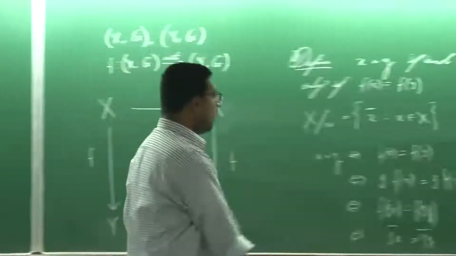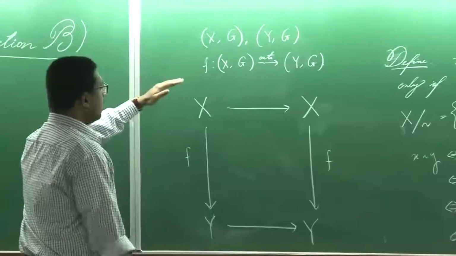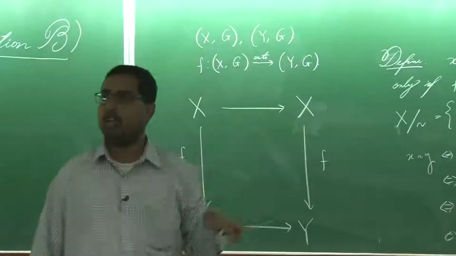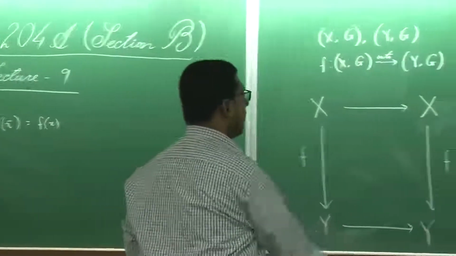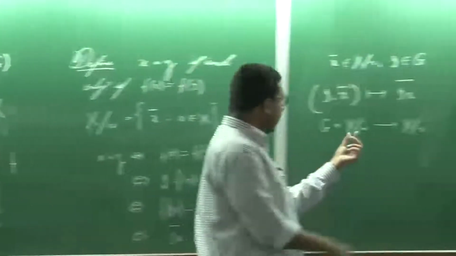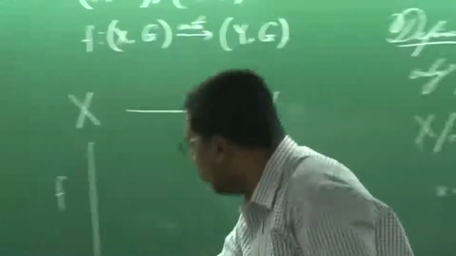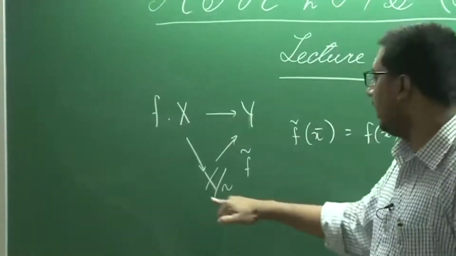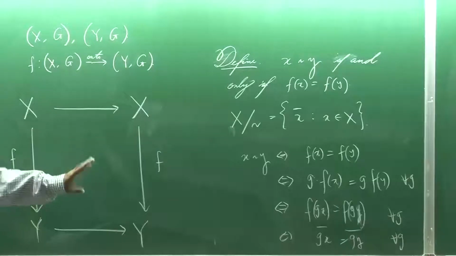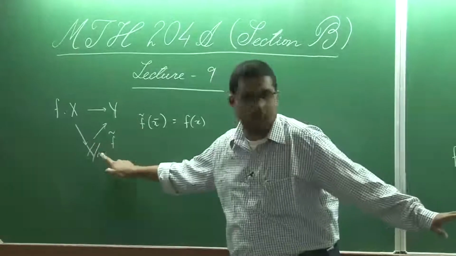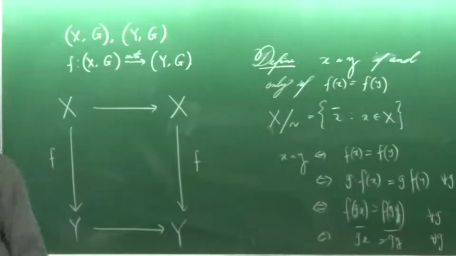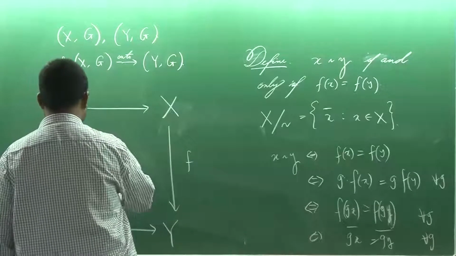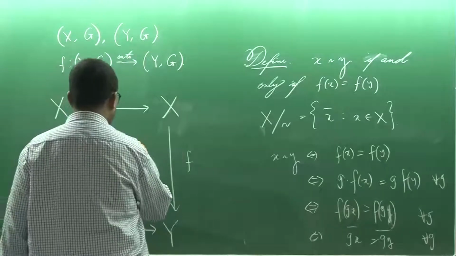Okay. So, given any G invariant map between two G spaces, we can form the quotient. Now we will show that this G space is isomorphic to the G space Y. So, it is the same as saying there is a bijection between them. This is just the analog of this phenomenon in the context of G spaces. Okay. So, that is actually quite easy to see. Let us first